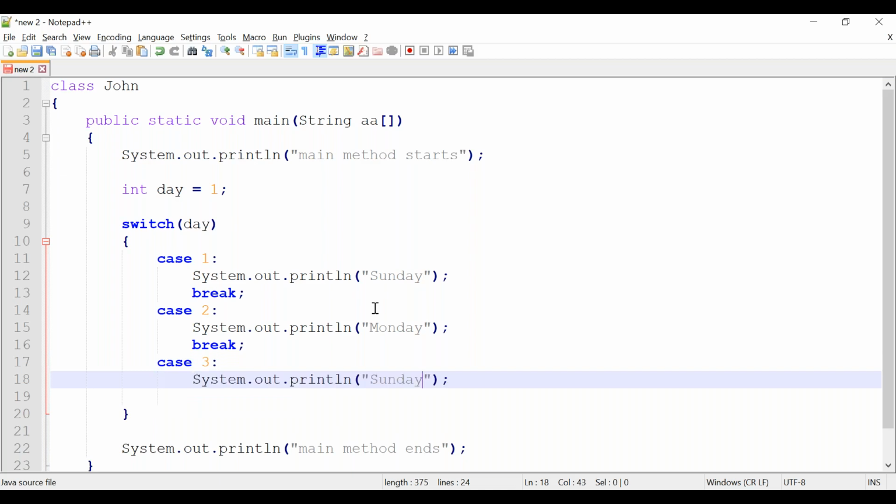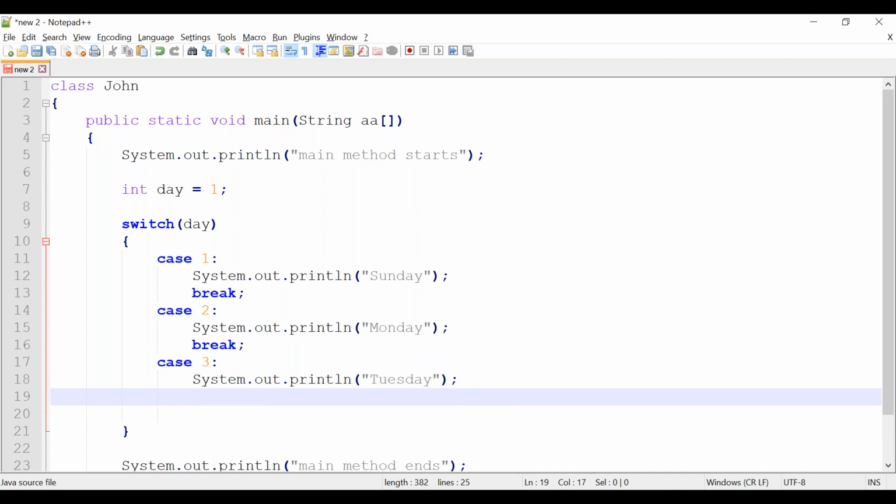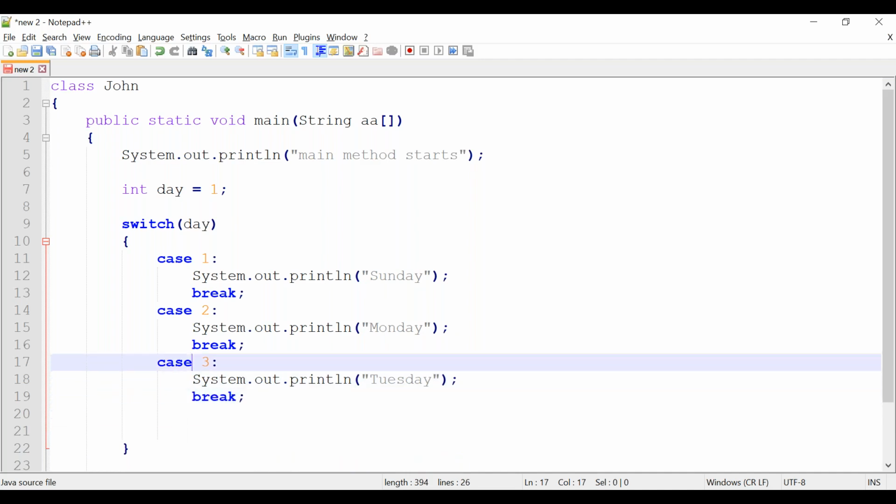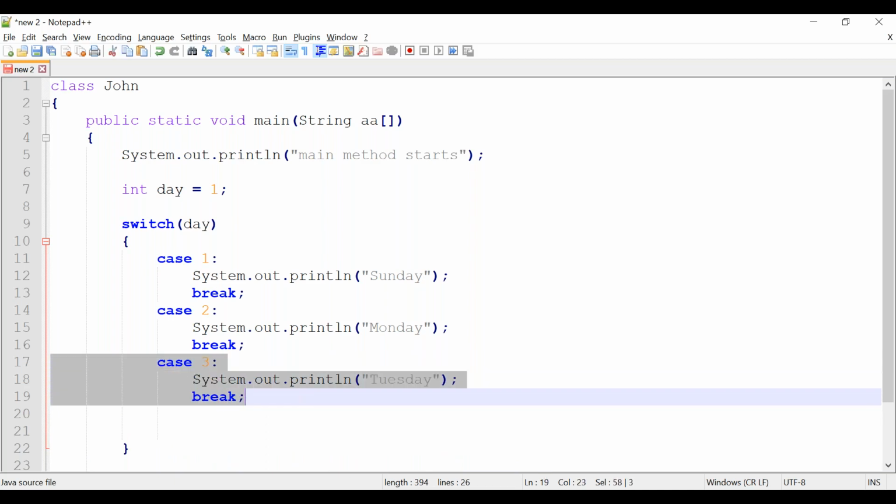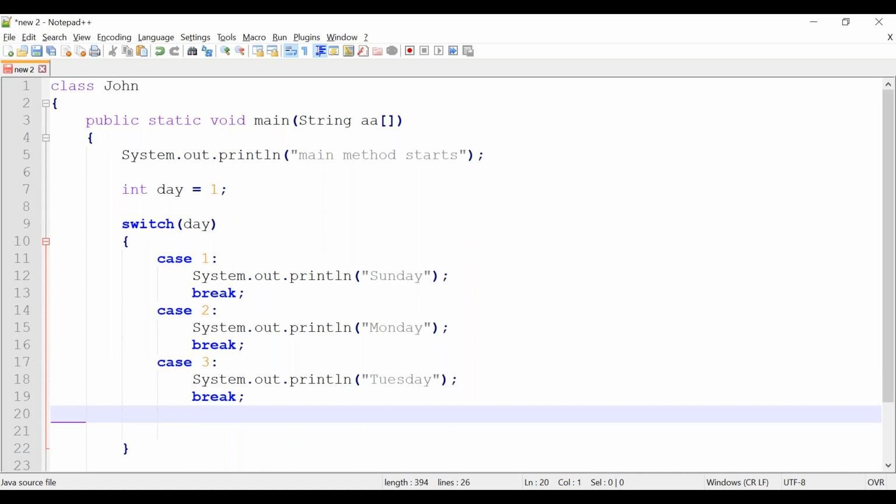Case 3. So if that day is Tuesday, then I will break it.